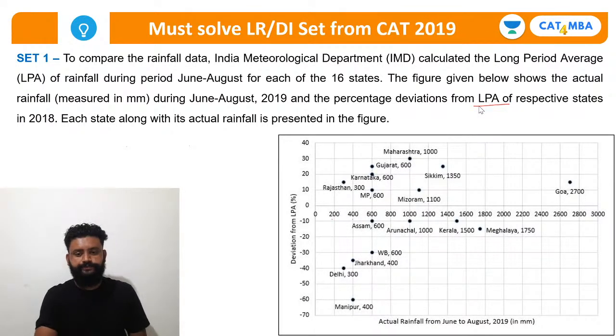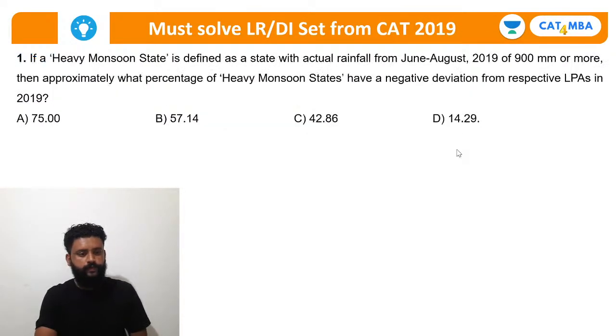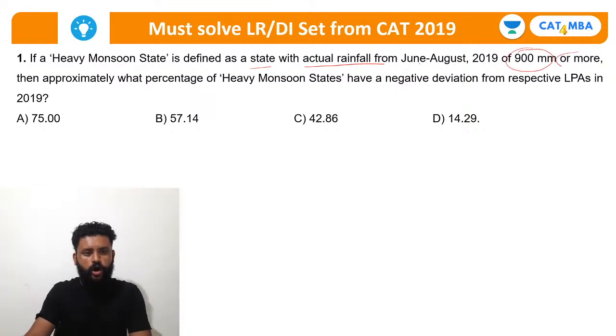Okay, so here is the first question, and I'll recommend all of you, अगर इस टाइप के questions आते हैं तो definitely attempt करने ही चाहिए, because these are the easiest questions from the data interpretation section as compared to logical reasoning as well, क्योंकि यहाँ पे simple calculations करने हैं तुम्हें, that's it. So if a heavy monsoon state is defined as a state with actual rainfall from June to August 2019 of 900 or more,